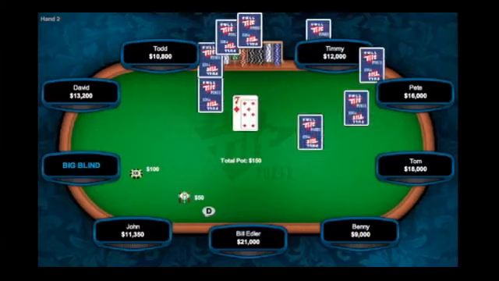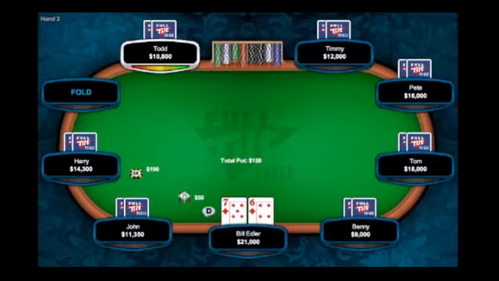Again, in this example, the blinds are 50 and 100. We'll assume that the normal bring-in at the table is 300. All stacks are deep, and the first couple players fold to Timmy. He announces